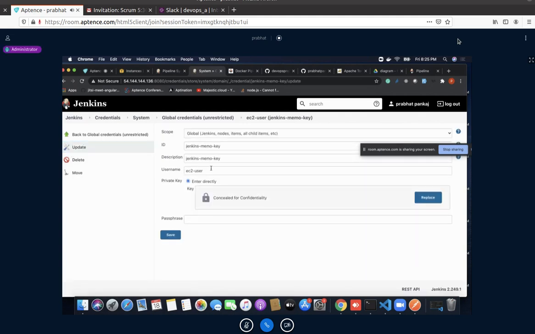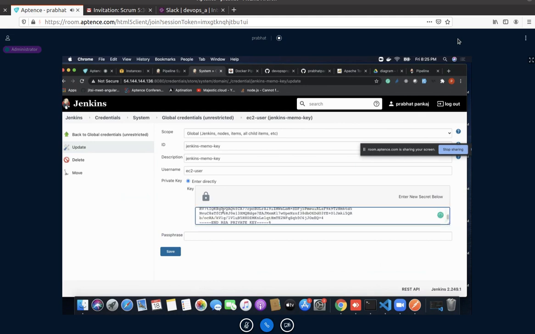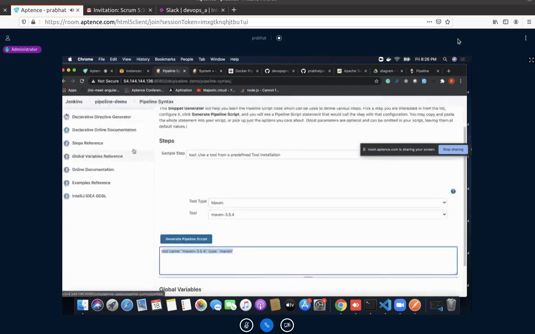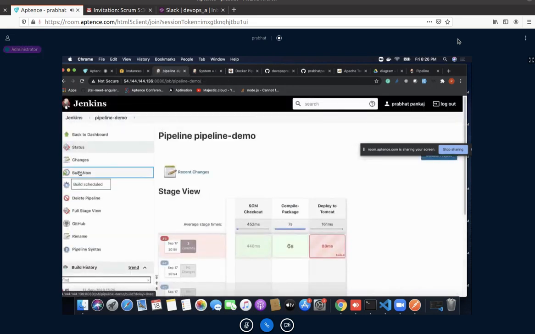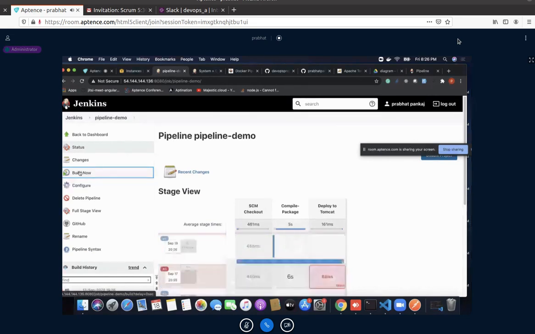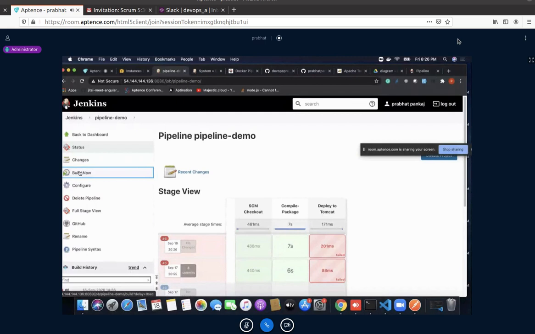Simply add update. And then I'll run this command, see if it works or not. Again it got failed.